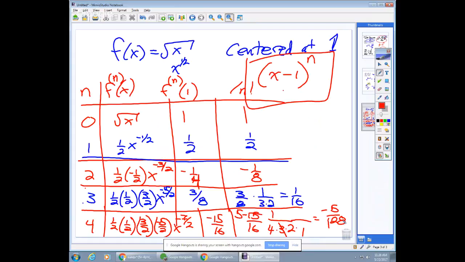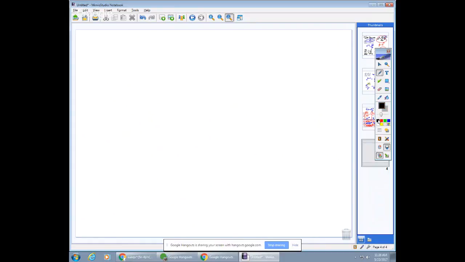Are there some patterns going on here too that we could pick out eventually? We'll come back to that. So I'm going to list out the series I think I have so far. Help me out if I mess this up. I think that the square root of x is approximately equal to, because we didn't calculate all the terms,